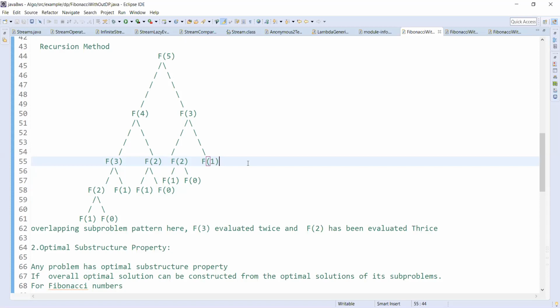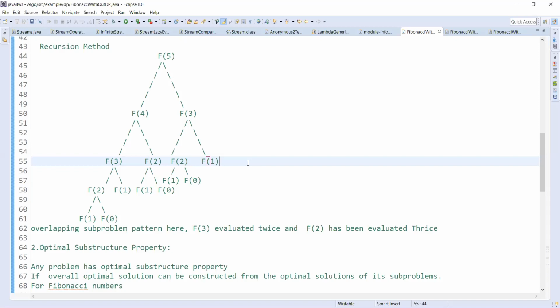That way we can optimize this solution. So the technique is, you can write a recursive program and then optimize the solution by not recomputing the already computed solutions.